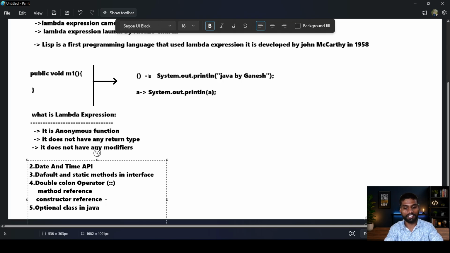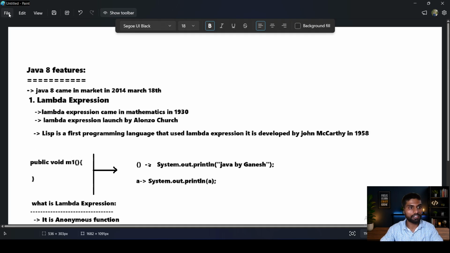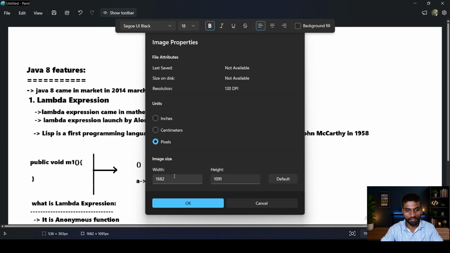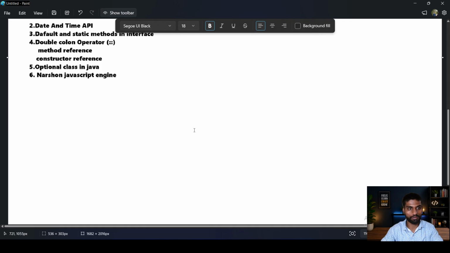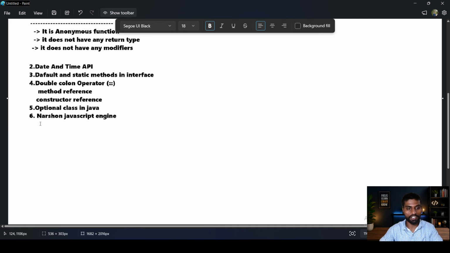The sixth one is the Nashorn JavaScript engine.